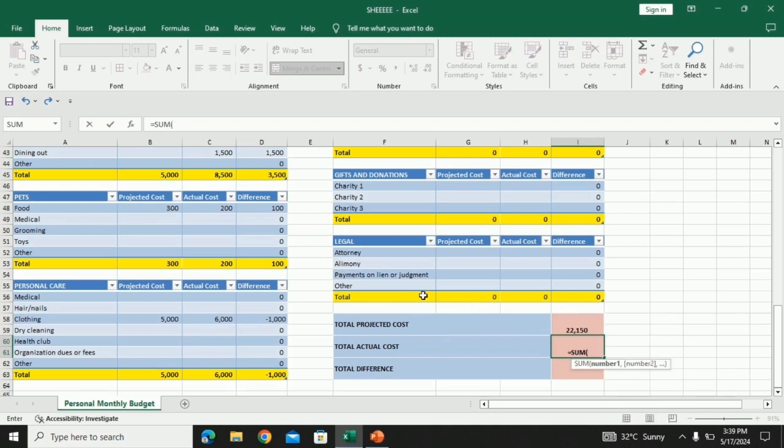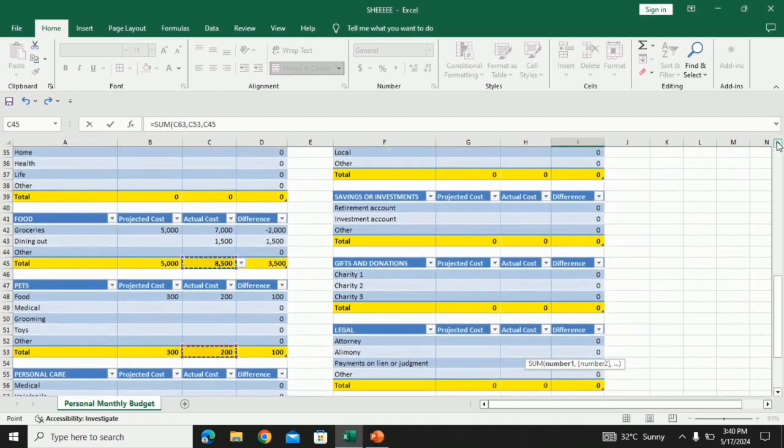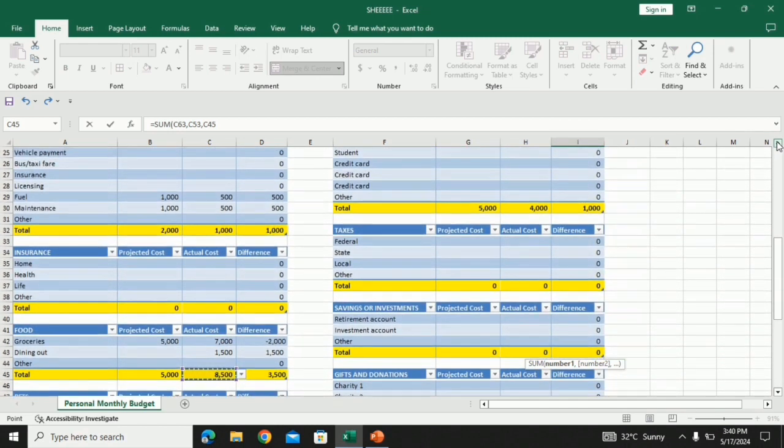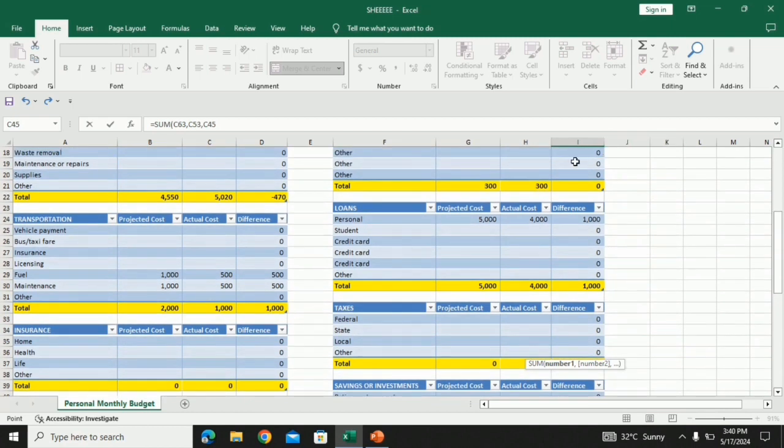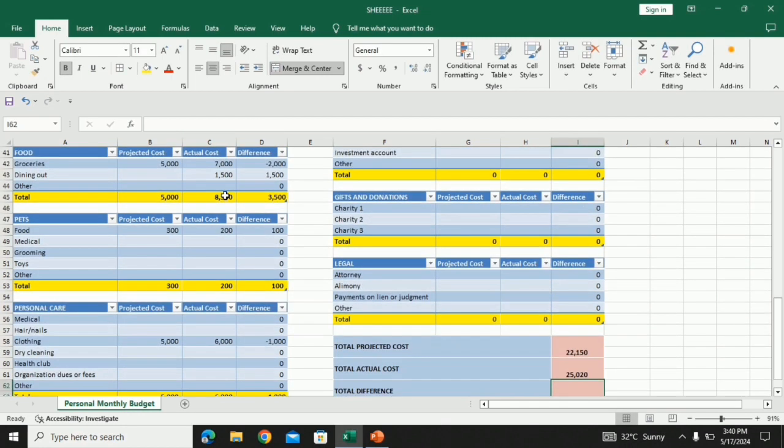Also do the same to the total actual cost: equals sum, click on actual cost totals and control, long press the control, then click and then enter.